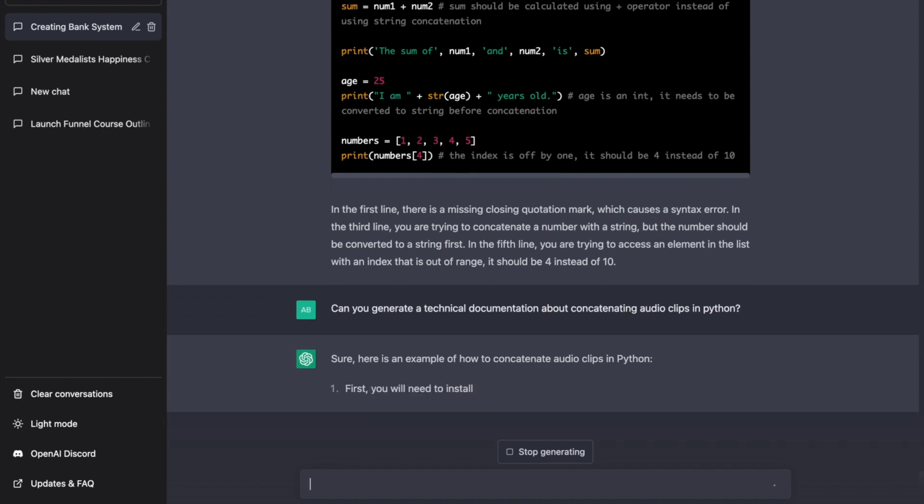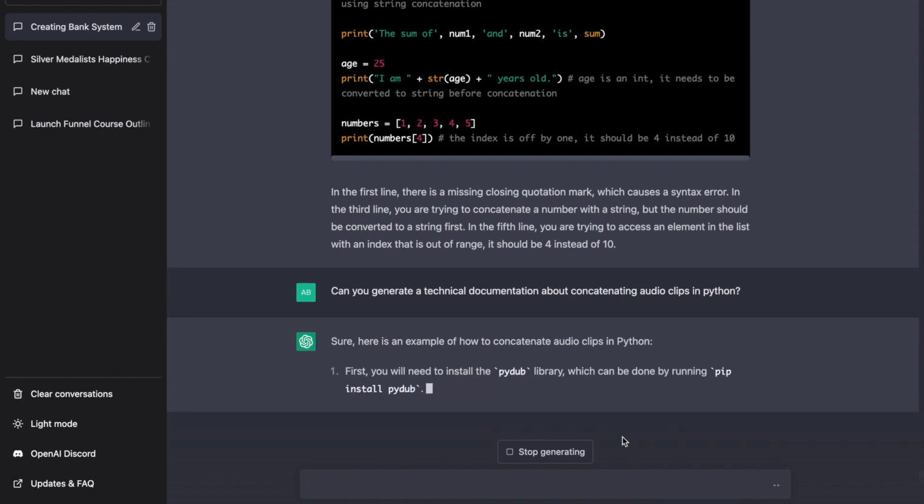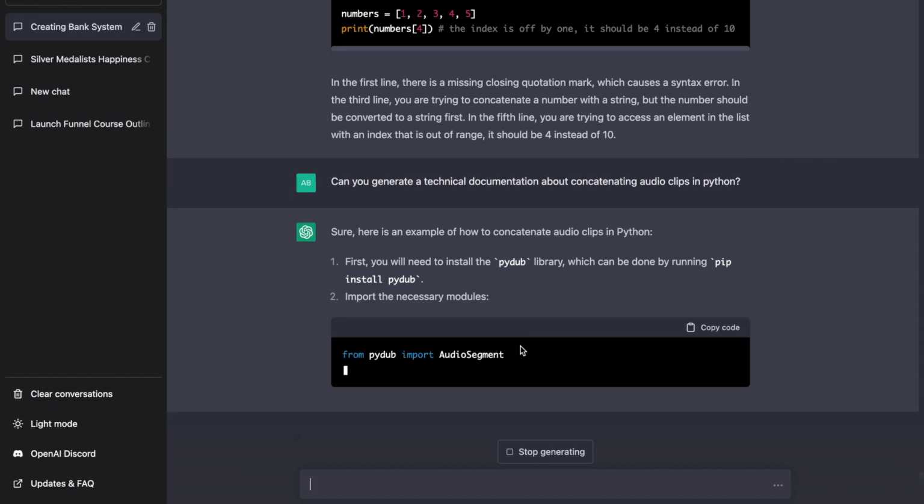So this will output a professional quality documentation,